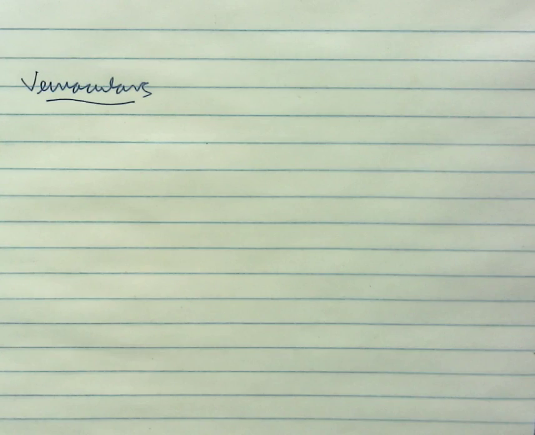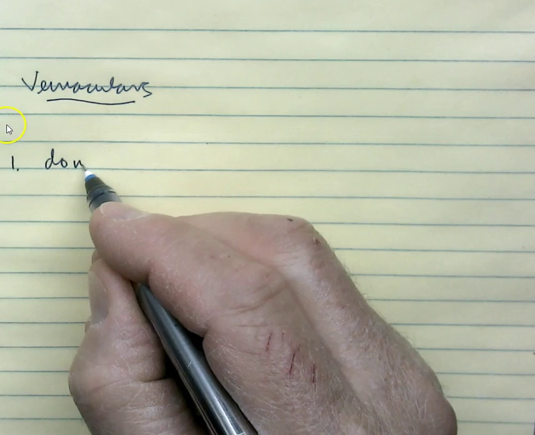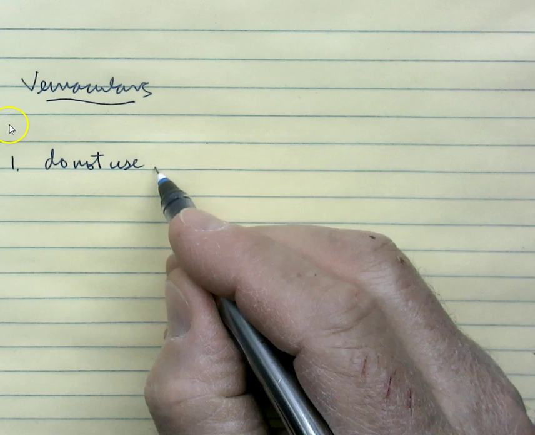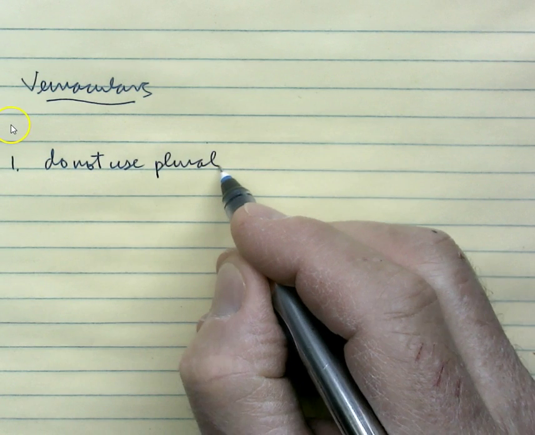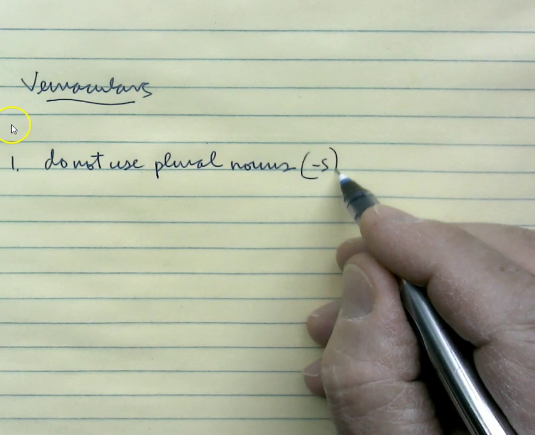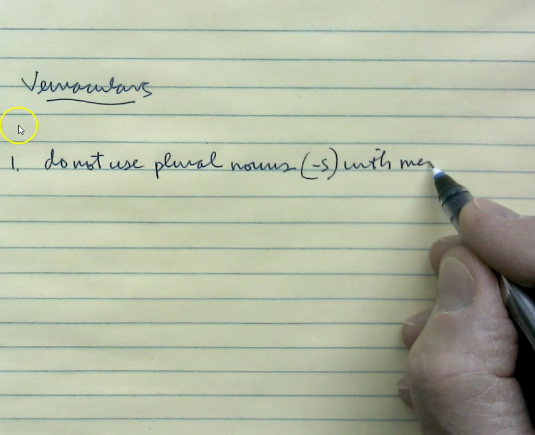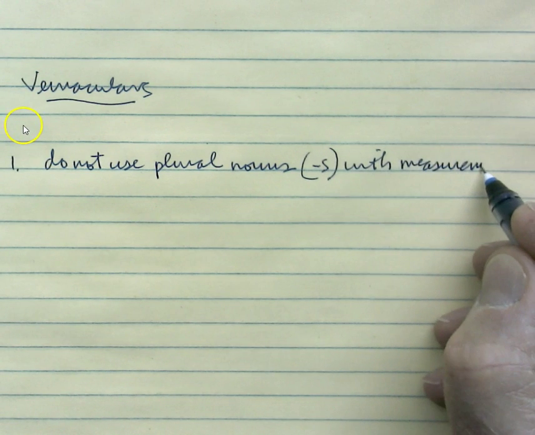Now first, number 1, some vernaculars do not use plural nouns, that means adding s, with measurement